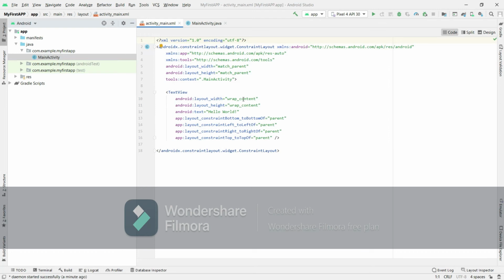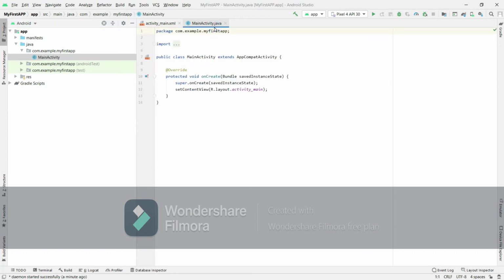Here it is the code part, and the second one is the .java file, MainActivity.java. The name of the activity is MainActivity and the extension is .java, and the design part, which is called the XML part, has the extension .xml. Okay,